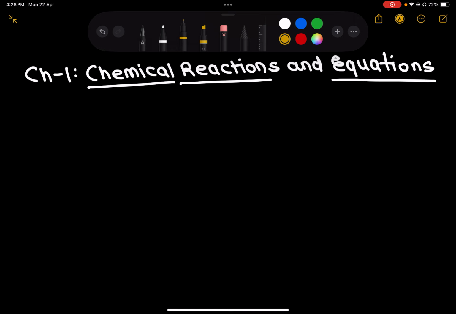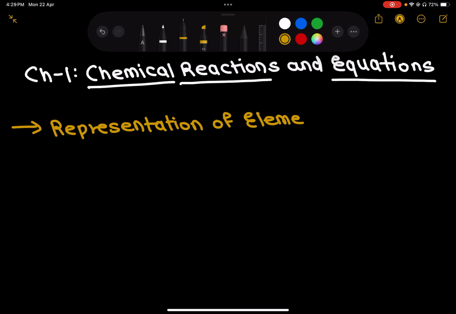The first one is the representation of elements. This is not given in your NCERT, but I think it is fundamental for you to know and revise how we can write down elements, right? So it is representation of elements using symbols. You might be familiar with most of the elements, but some of them might be new to you. So you have to remember the symbols in order to write down their chemical reactions. Okay, so the first 20 elements of the periodic table plus some other important elements which might be repeated throughout